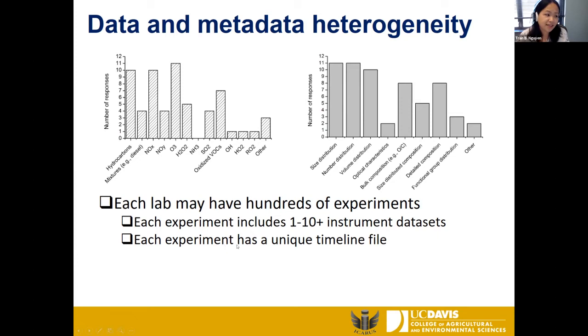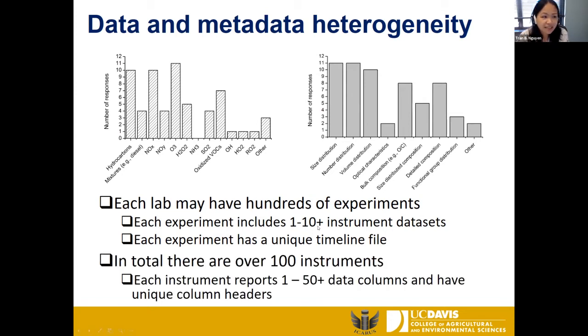And each experiment is going to have a unique timeline file. That's a CSV that describes exactly what happens when the lights are turned on, etc. So that's very specific. In total, in our database, we have over 100 instruments right now. Some of them are similar, but they're not described exactly the same way.